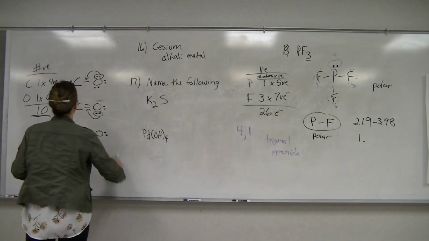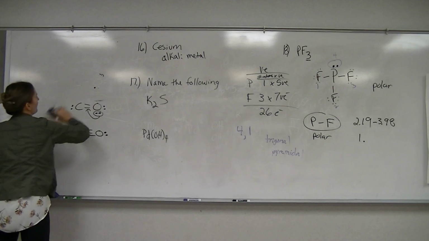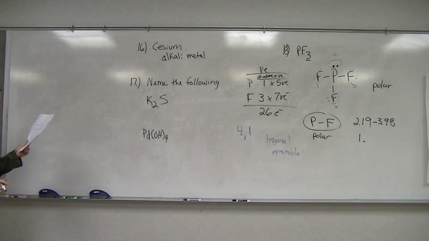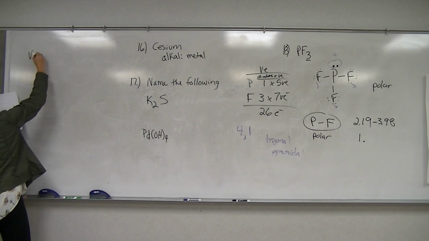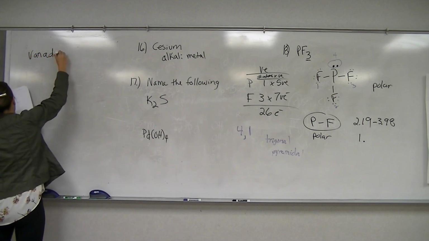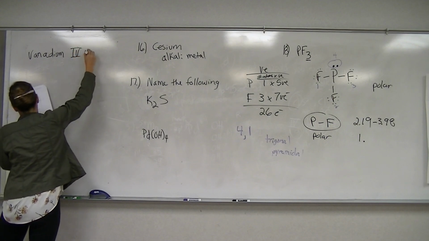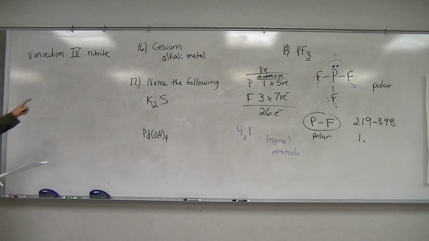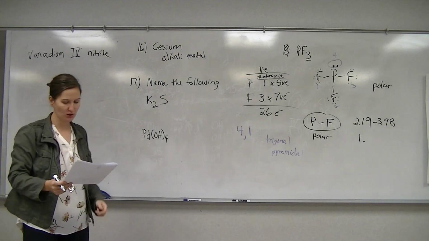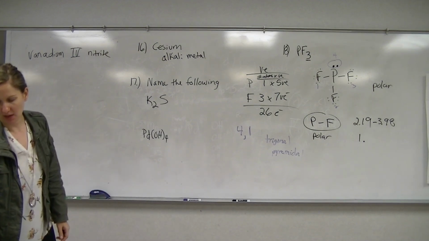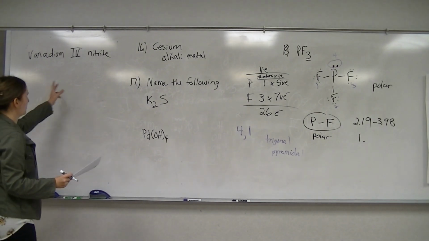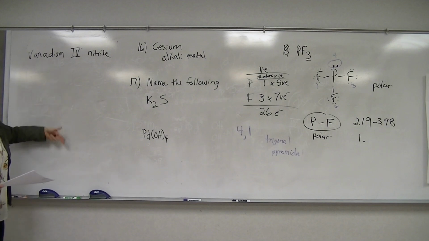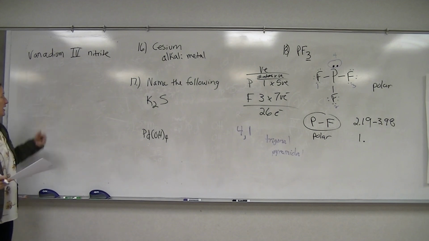So we named some guys. And so this last question gives us names, and we're going to come up with the chemical formula. So we have vanadium nitrite. So notice the Roman numeral. This is going to be a transition metal. Since it's a transition metal, we need to write the ions with the charges, and then we can either do the crisscross method or the stacking, where we see how many more positives or negatives we need to make a